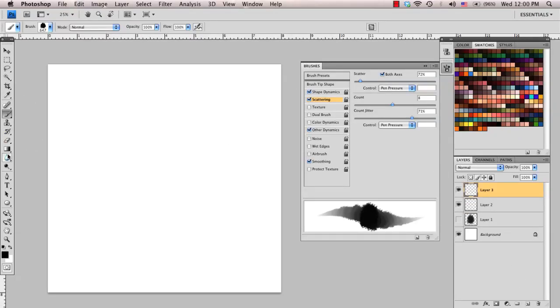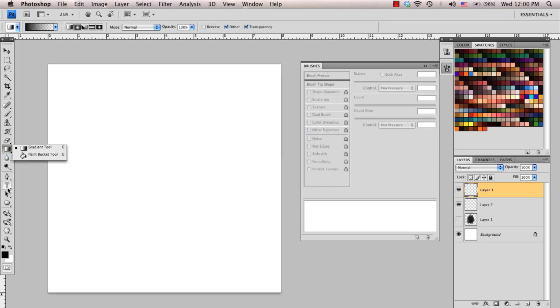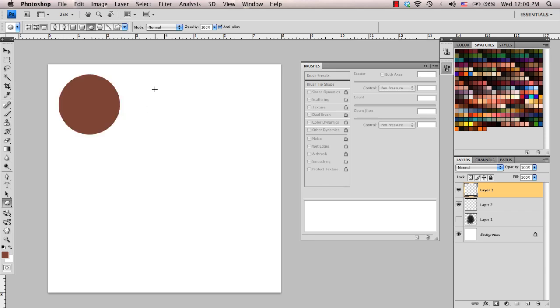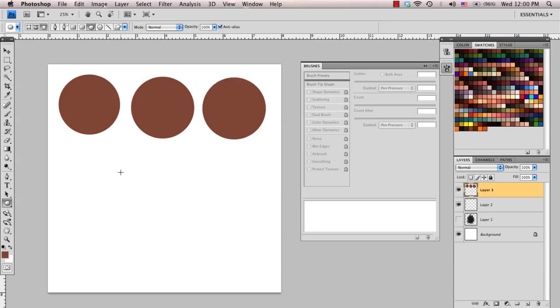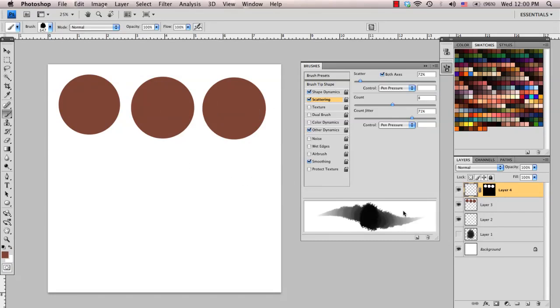So on a new layer, I'm going to create 3 circles, and these circles are just a sample for each of the brushes, to show what their use is for drawing the skin. I'm just going to mask that out. So going back to my brush,